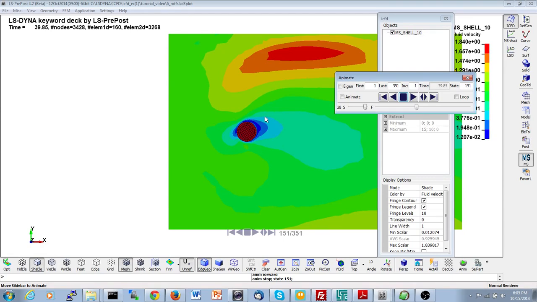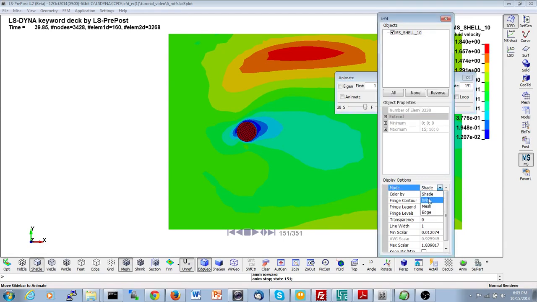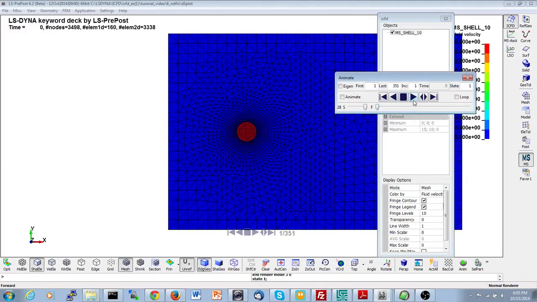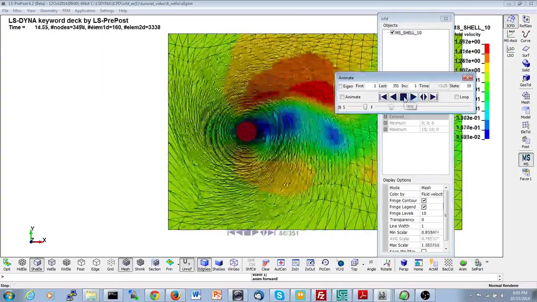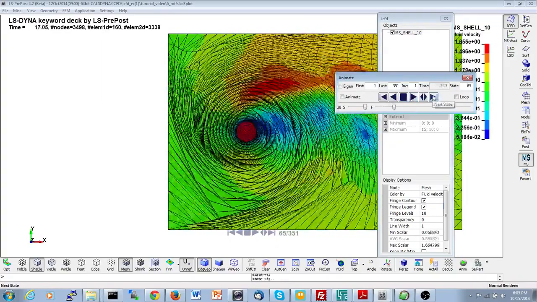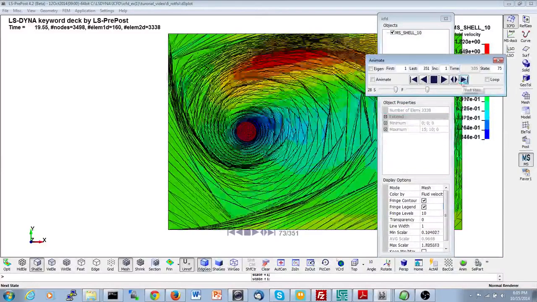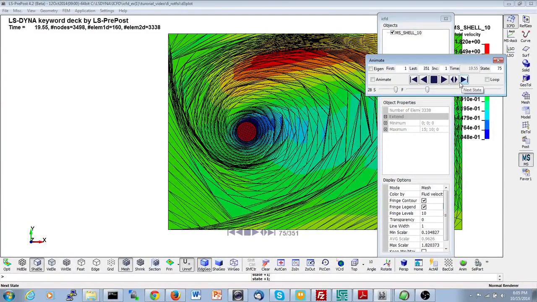So by default, what's the criteria? When does the solver apply this remeshing? So the solver by default will only remesh if an element gets inverted. So you can see here that the deformation that the solver can tolerate before applying a remeshing can be pretty high. Okay, which is good, because remeshing is not something that you would want to happen too often